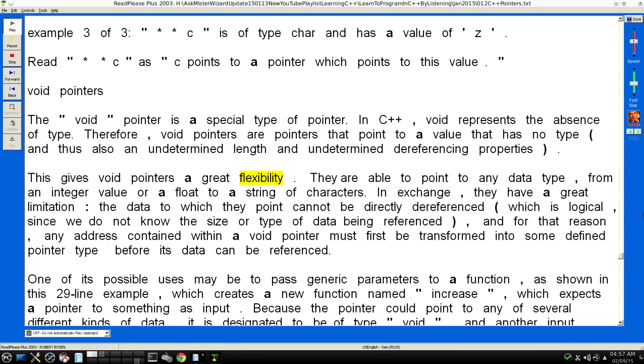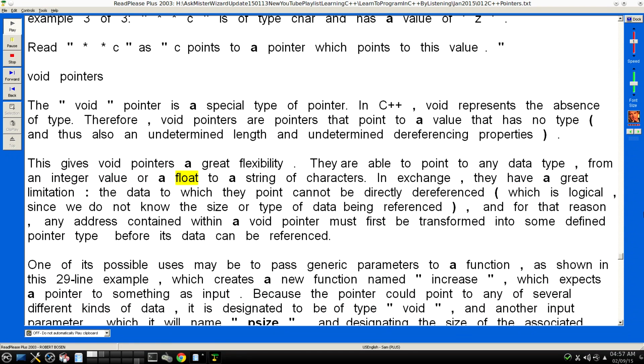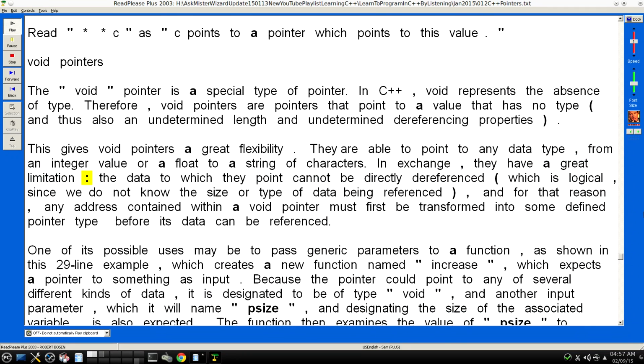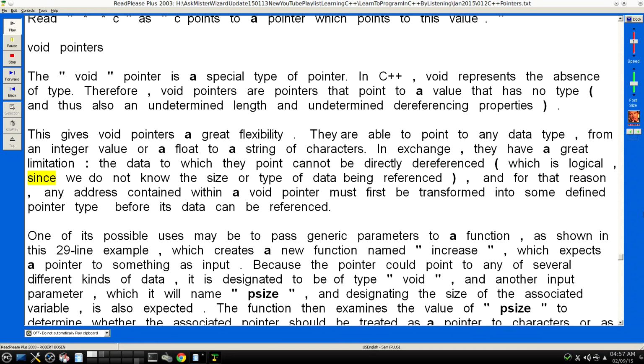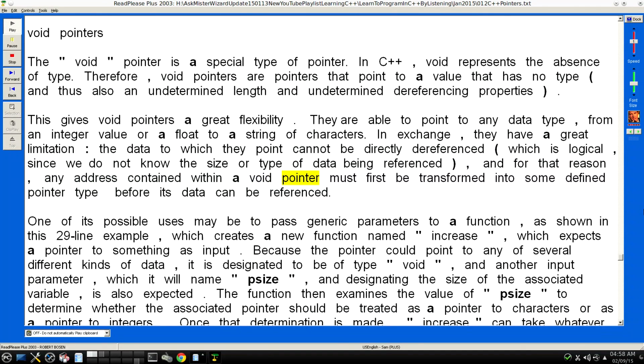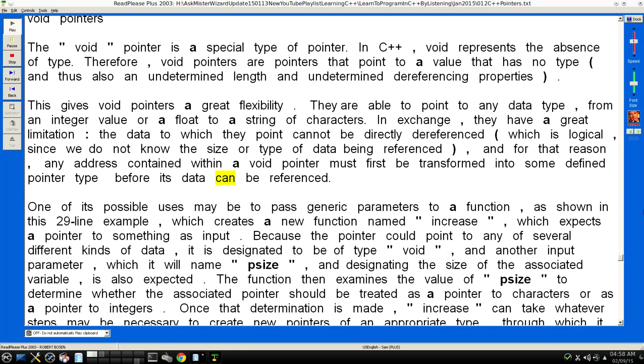This gives void pointers a great flexibility. They are able to point to any data type, from an integer value or a float to a string of characters. In exchange, they have a great limitation: the data to which they point cannot be directly dereferenced (which is logical, since we do not know the size or type of data being referenced), and for that reason, any address contained within a void pointer must first be transformed into some defined pointer type, before its